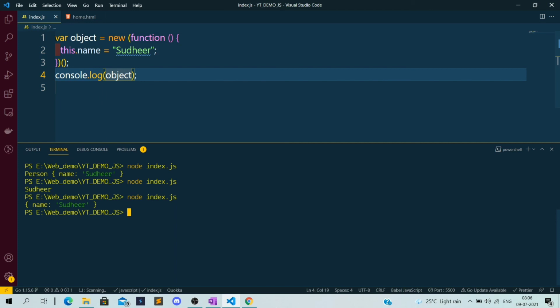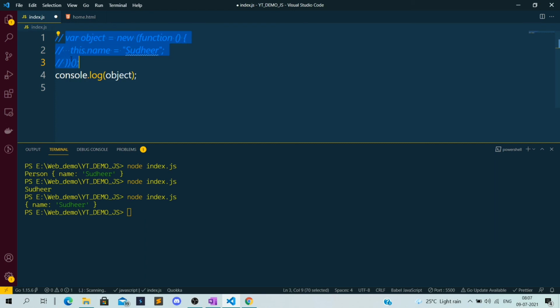So this type of function is also known as IIFE. The syntax is basically this: before the function we have brackets, and after the function we have brackets, and after that we have the calling.